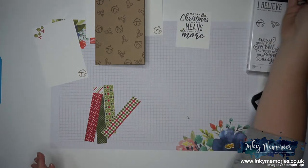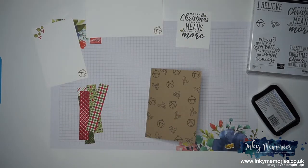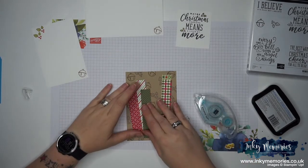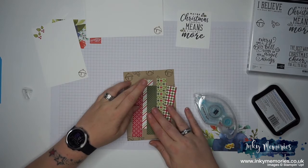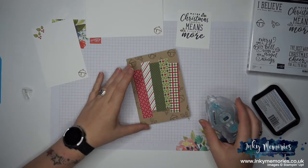Okay, now that I have fixed the fact that these were not all the right length, let us get them glued down. So I'm going to use some stamping seal for this. We're doing this nice and simply. And basically all I want to do is loosely arrange these across the front of my card. So you know, different heights, different angles. This is meant to be quite a fun, simple card, so there's no hard or fast rules here, just however